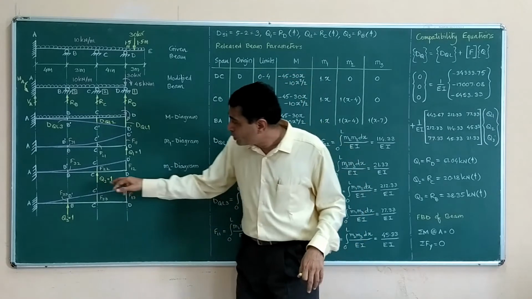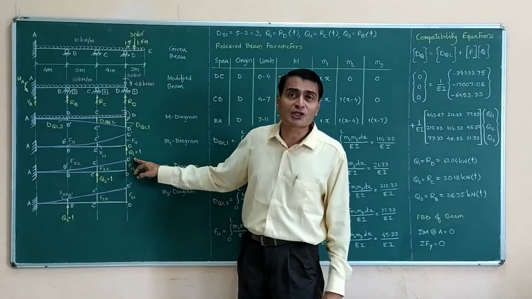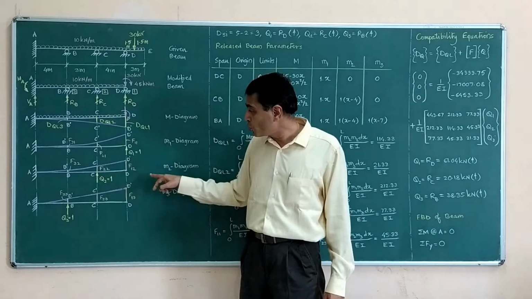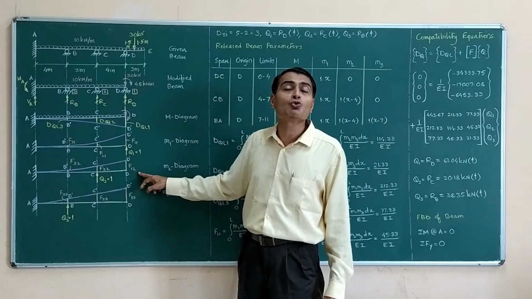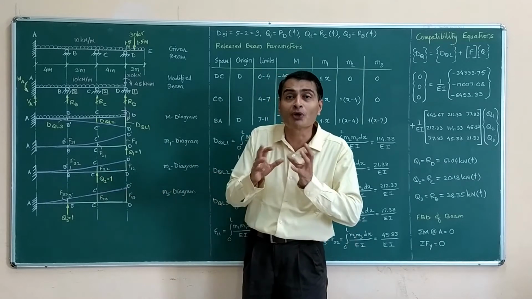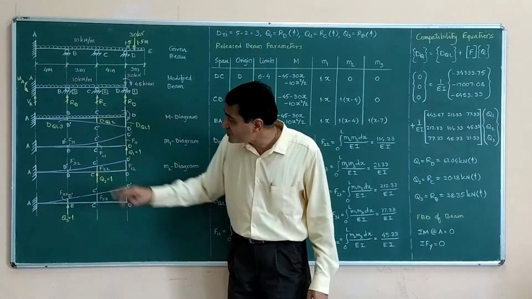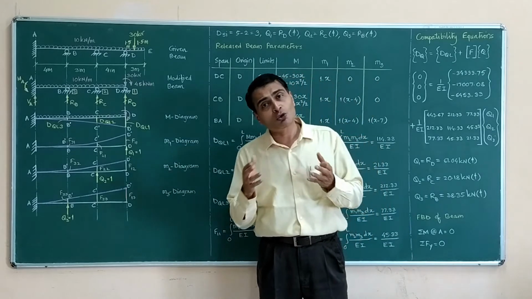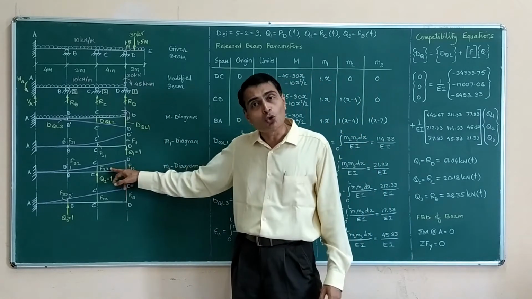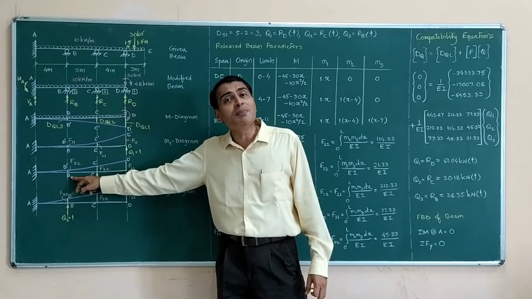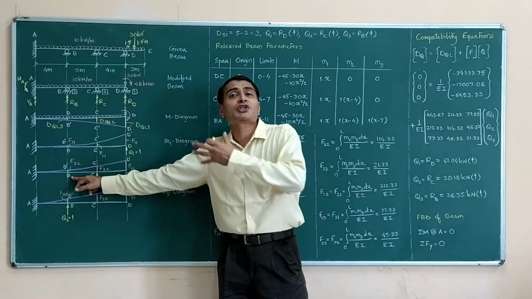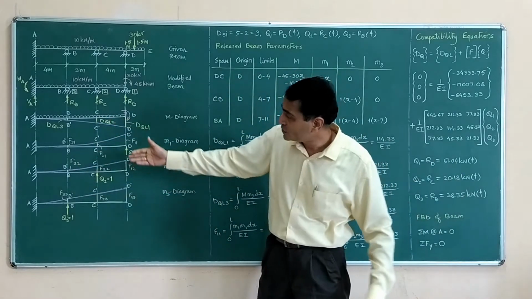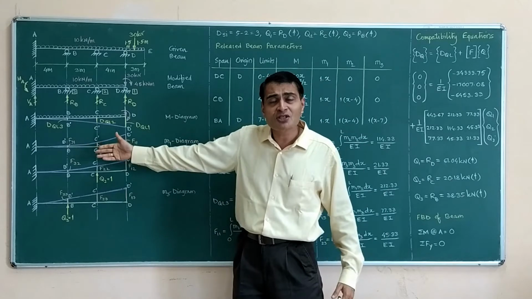Coming back to observe D prime deflection. It is deflection at node 1 due to unit load at 2. So I am calling it F at 1 due to unit load at 2, that is F12. Observe deflection CC prime. It is deflection at node 2 due to unit load at node 2. So I am calling it F22. Observe deflection at B to B prime. It is deflection at 3 due to unit load at 2. So I am calling it F32.